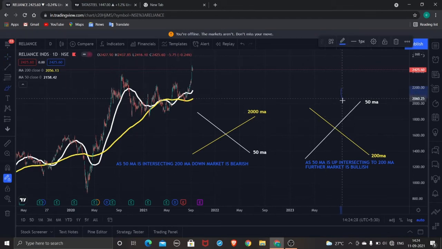In which we are going to consider, and the second one would be this, in which the 50 moving average crosses down the 200 moving average, in which we are going to sell. In this category, either we are going to wait until it shows this. So we can say if this occurs, in which the 50 moving average crosses the 200 moving average down, we are going